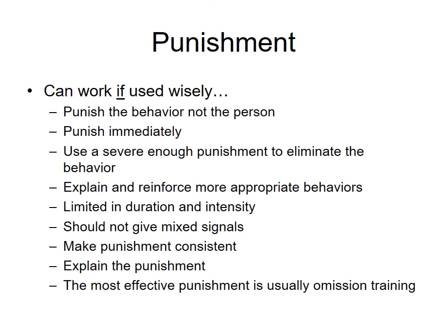Reinforce appropriate behaviors. This is where it becomes important that you actually have a dialogue with your kids, or if you're training your dog and you have to punish them, that immediately after they pee on your floor, you take them outside and you reinforce that they should pee outside. It's the appropriate behavior. You want them to have a roadmap to what they should do. Duration and intensity should match the crime. You should not be punished for 5 weeks for, I don't know, talking back to your parent. Again, this isn't to say that parents can't decide that, but that might be a little extreme. That's almost feeling like a life sentence. So maybe there should be a more appropriate matching of what you did.